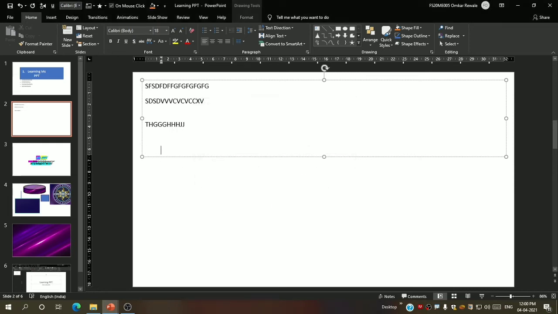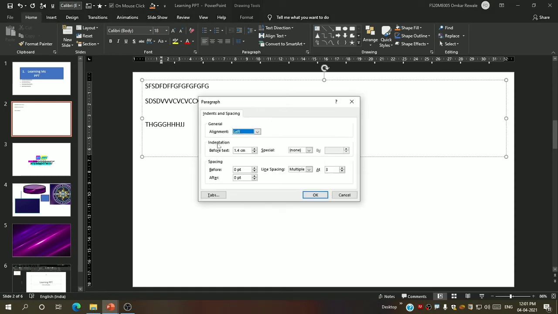So this is to leave space from here. When we write a paragraph, we sometimes leave space, right? So this is for that. How much space we have to leave from the margin, but we have to leave space from the above line. So we will not use this in indentation. We will go into spacing. We will see before.